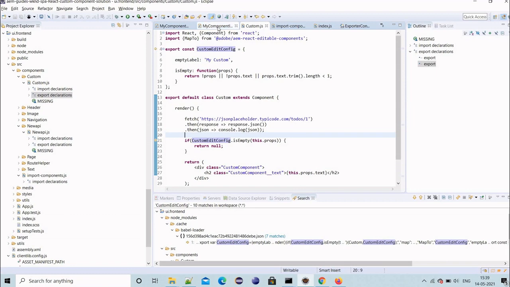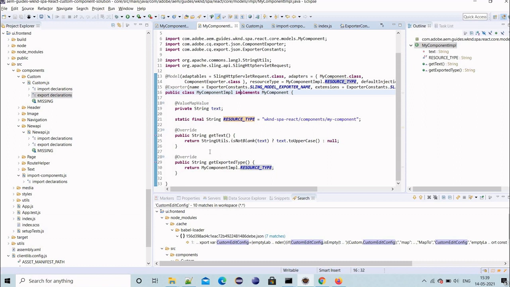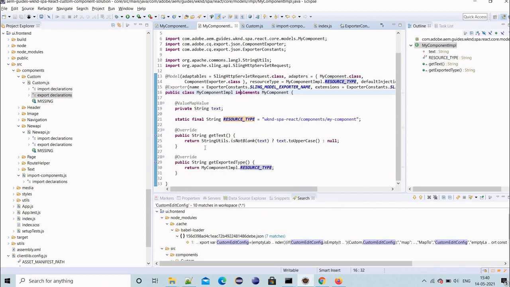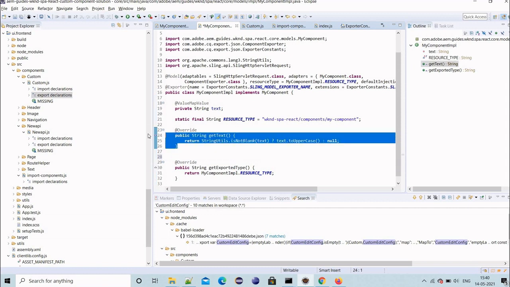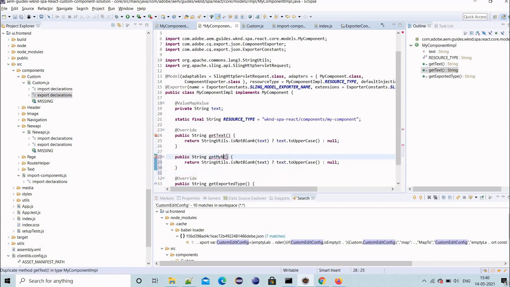And maybe one more thing we will see. In the previous video I explained how we created properties in the Sling model, and how we are exporting using .model.json. So if I want to add a new property, that property will also reflect. Nothing to do, we'll just add a getter for that. So maybe I will say my new property, and let me just return some string.